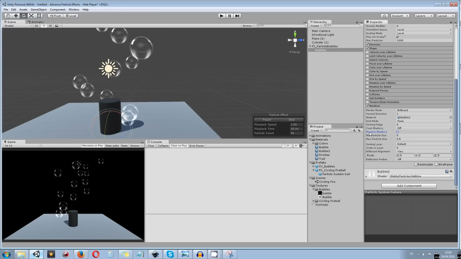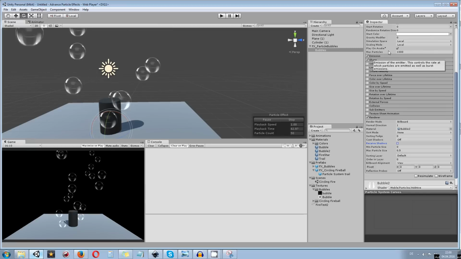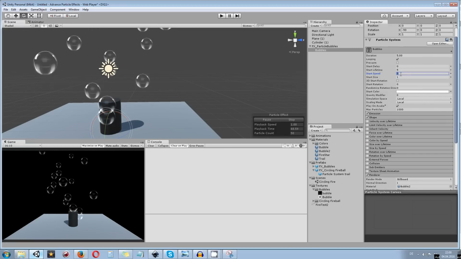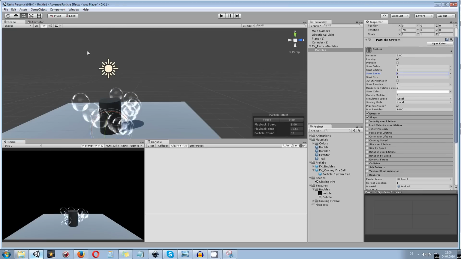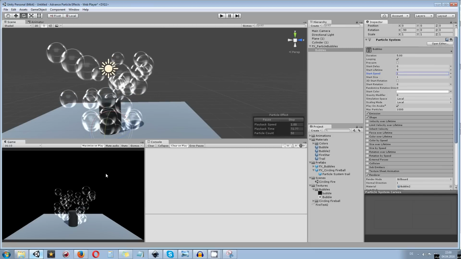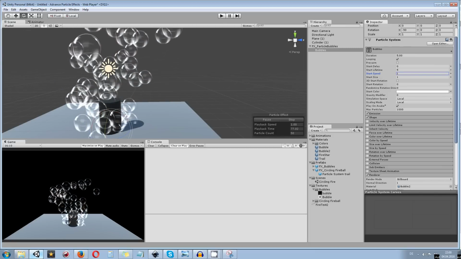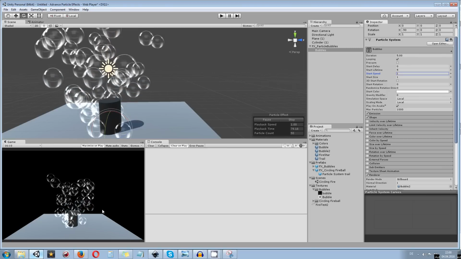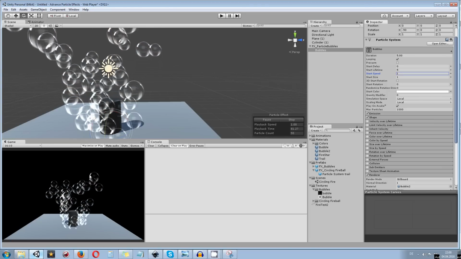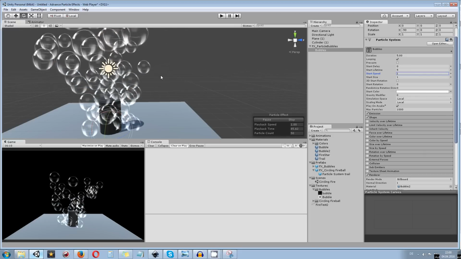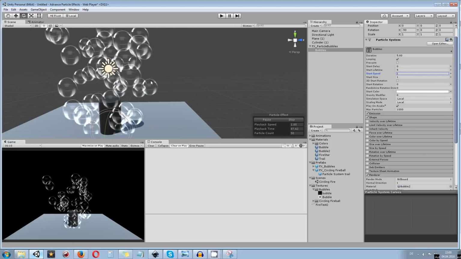Also, you don't want to receive any shadows. The next thing is we can go over and change down the speed to maybe 1. So you can see it's slightly going up, and all those overlaying bubbles will already lighten the other bubbles up. That's what the additive shader is going to do. So you have some cool effects maybe in the center you will not have with Alpha Blended.